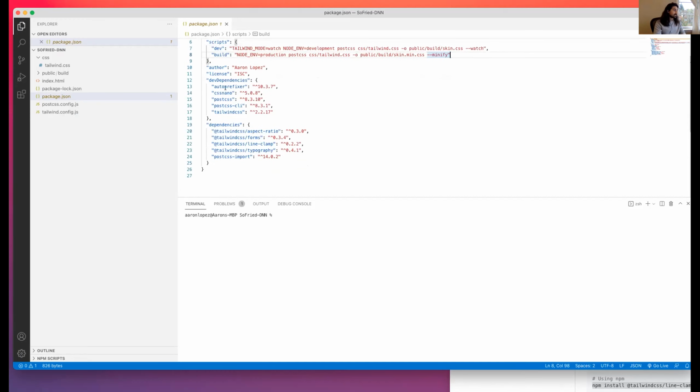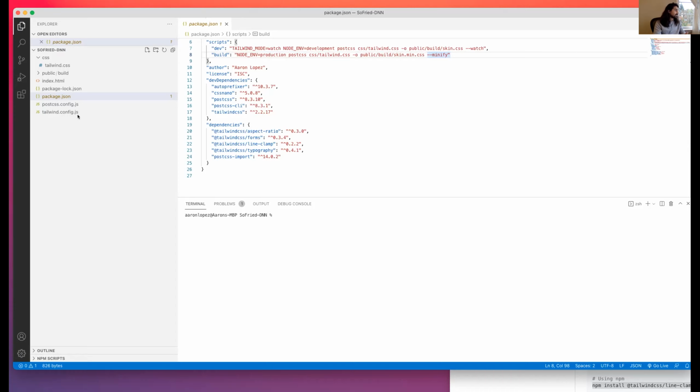And then you see some dependencies. I've got my aspect ratio and forms and line clamp and all that installed. This is the boring stuff. Once you set this up once, for every new project you don't really need to set it up again. It stays the same for the most part.